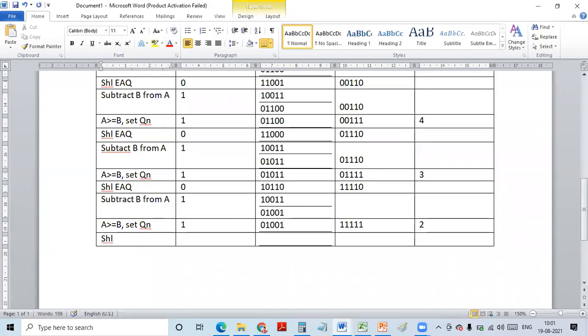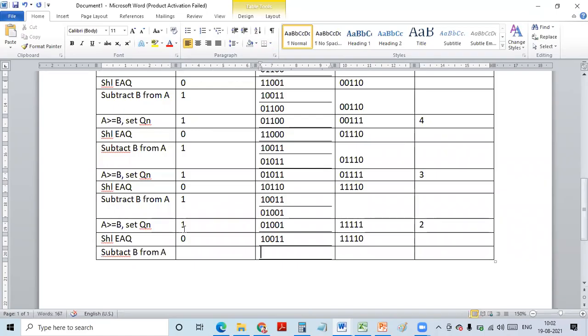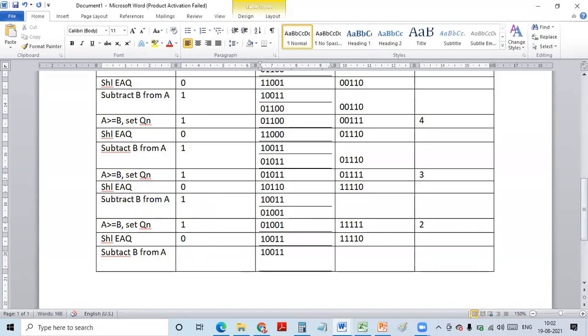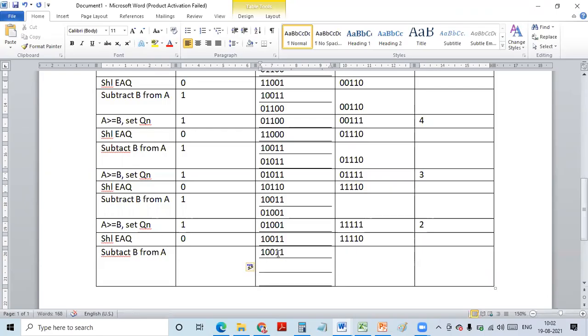So shift left EAQ. So this 0 1 1 0 0 1 1 and 1 1 1 1 0. Right? Next, subtract again B from A, add minus B, which is nothing but 1 0 0 1 1. After adding, so after adding,